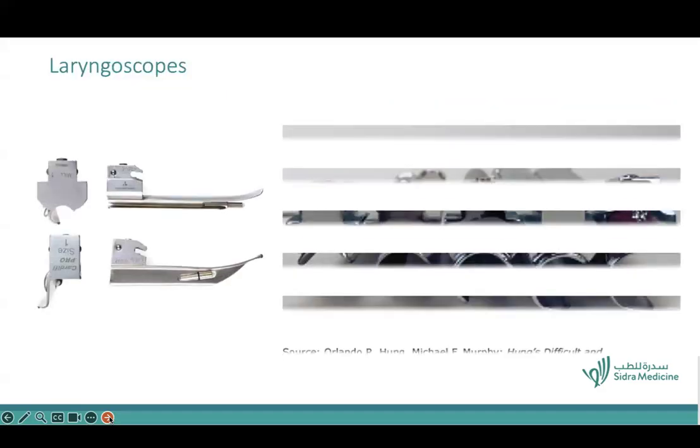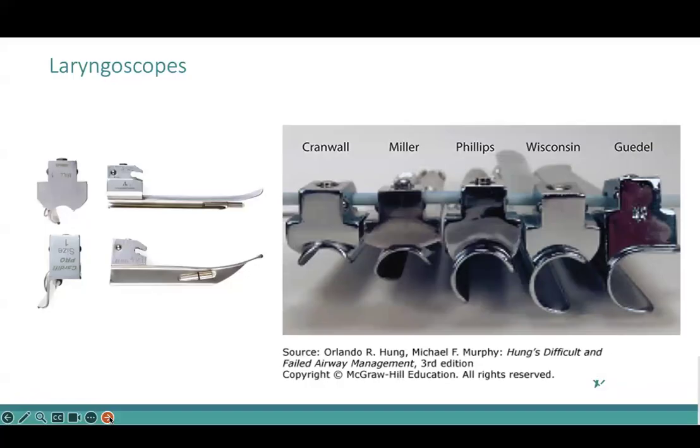Okay. A bit about laryngoscopes. We look not only at the length of the laryngoscopes, but also the circumference of them, because that has a consequence for how you retract or move the tongue away. I routinely use the Phillips or the Miller laryngoscopes, but different centers and different people prefer different laryngoscopes. It's important to understand what kind of laryngoscopes you have